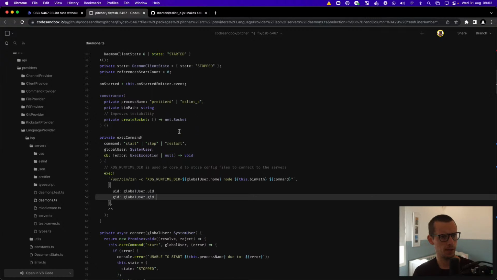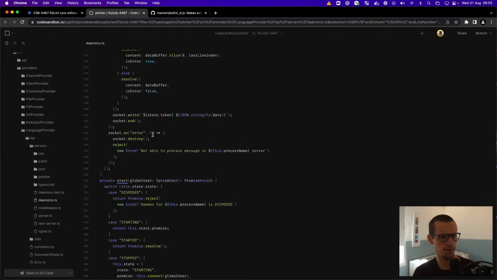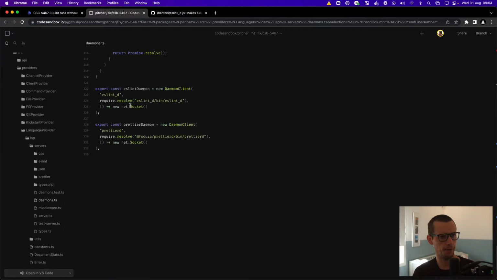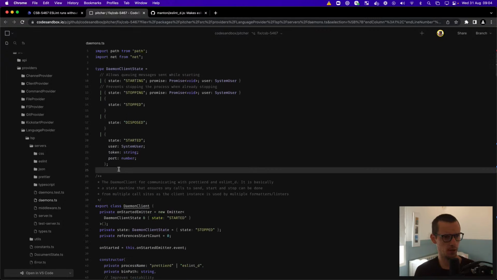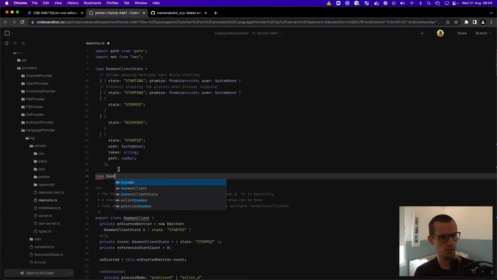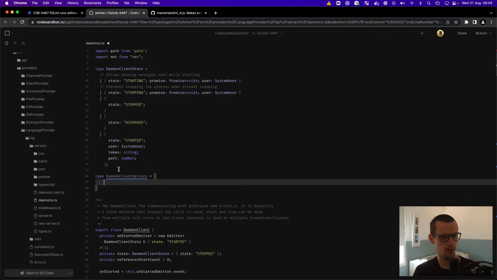So that needs to be a new, okay. And now we kind of have 3 arguments already, so we should make that an options object instead. So daemon client options would be